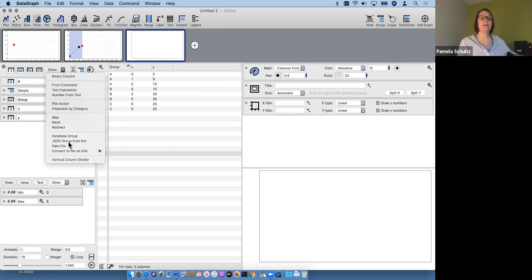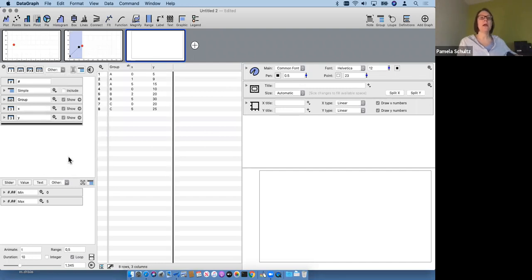Let me go ahead and add a vertical column divider. One aspect of this that we need is a column where I indicate what categories or what labels, what groups I want to interpolate in terms of what I'm seeing on my screen. And there's a handy way to get a column of unique values from a column like this where I have